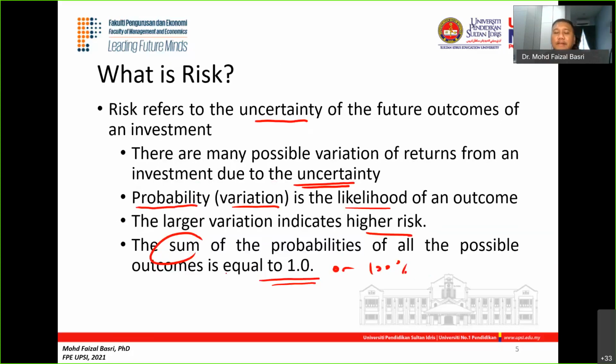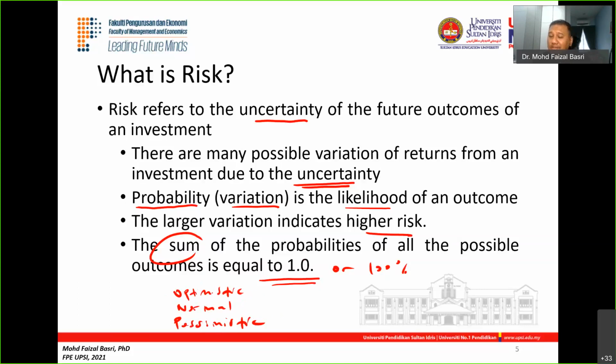Maybe I can explain a bit, guys. Let's say if you want to do some analysis, you have three probabilities of the economic situation. For example, optimistic, this is the first probability, the optimistic situation, then normal situation. The third one, pessimistic, for example. So we have three probabilities of our current economic situation.